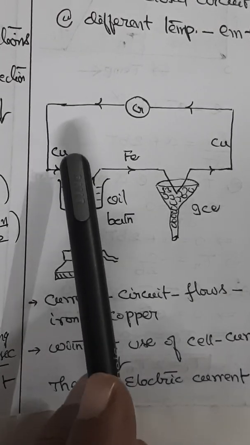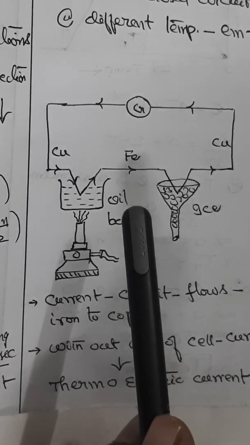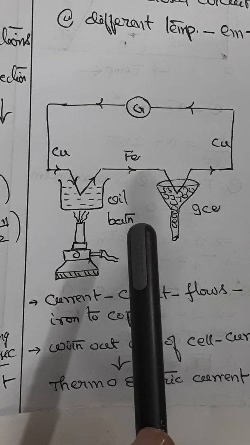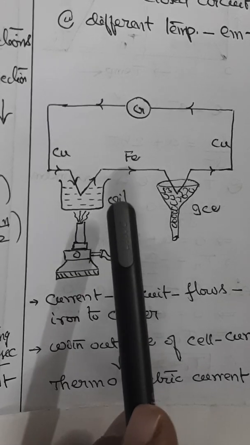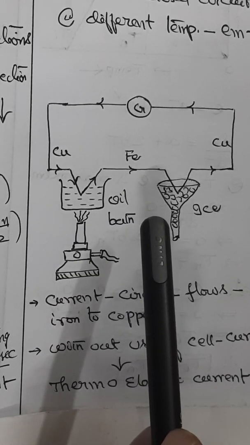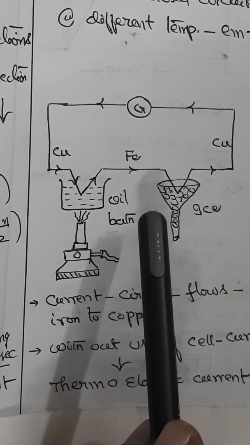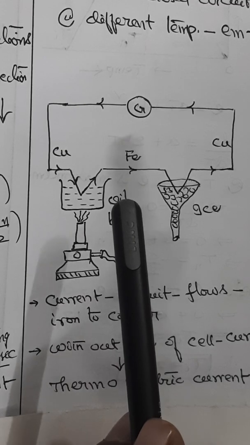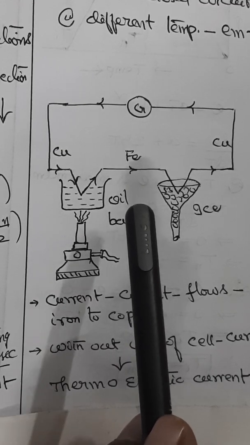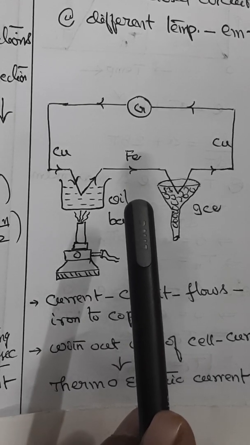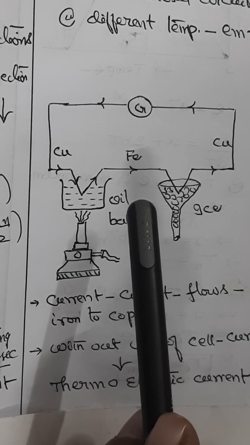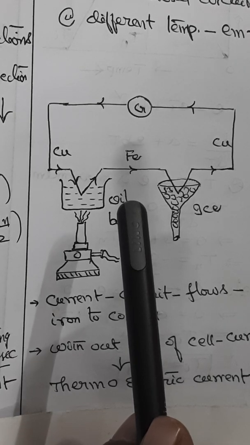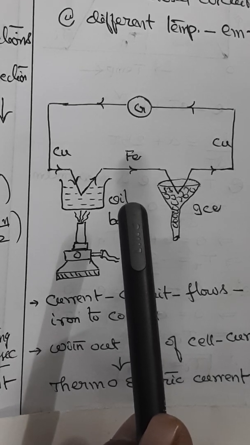Now let us understand how this Seebeck effect works. The concentration of electrons at the interface in the two metals is not the same because it depends on the nature of the metal and its temperature. On the basis of electron theory, it is assumed that the electrons in the interior of the metals move about like molecules in a gas and therefore exert a certain pressure, which has different values for metals at a given temperature.